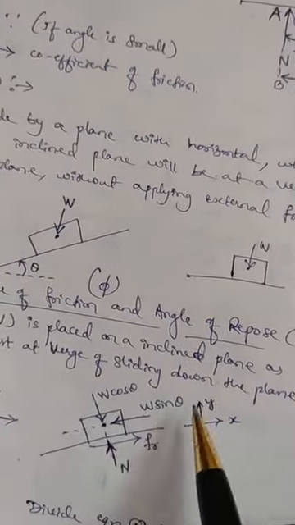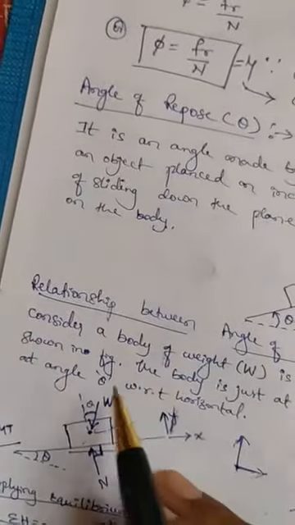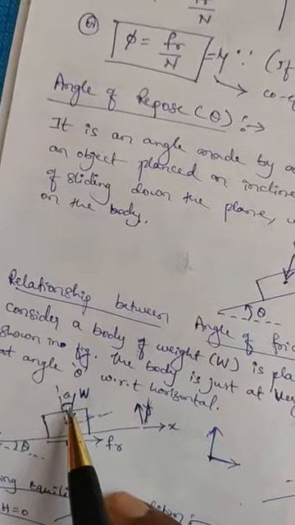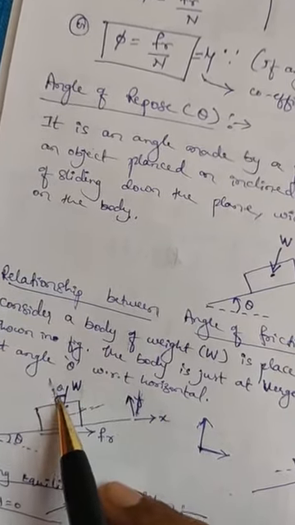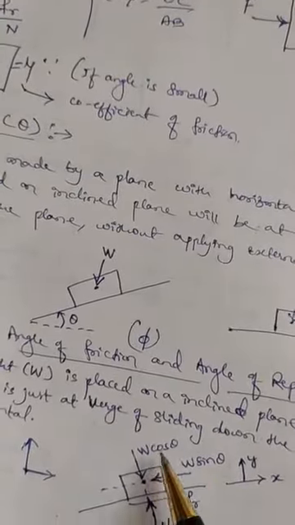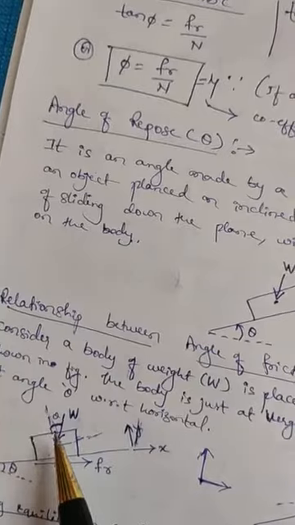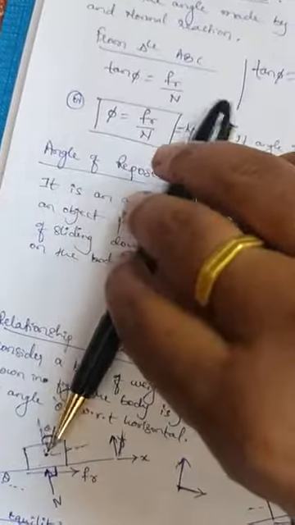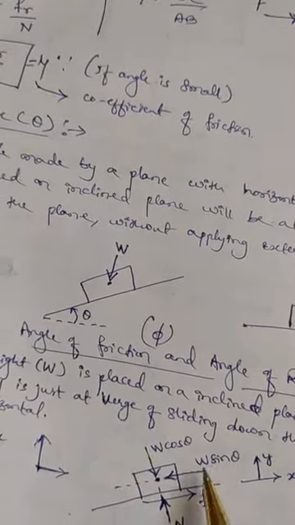Coming to this figure, I can say normal reaction as it is, frictional force as it is. Whereas now this W is acting downward. When I bring it, because the angle given here is with respect to y, when I bring this force to y, it is acting vertically down. So I have shown here vertically down W cos theta, because the angle is measured with respect to the y-axis, so the y component is cos. Now when I bring this force along x, it is acting towards left. So I have shown here left side acting force W sin theta.